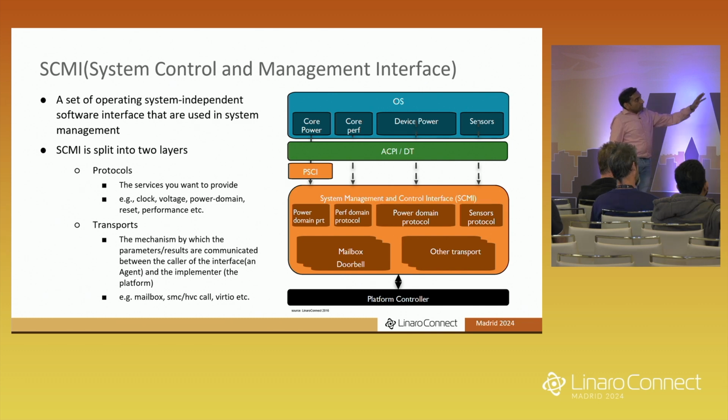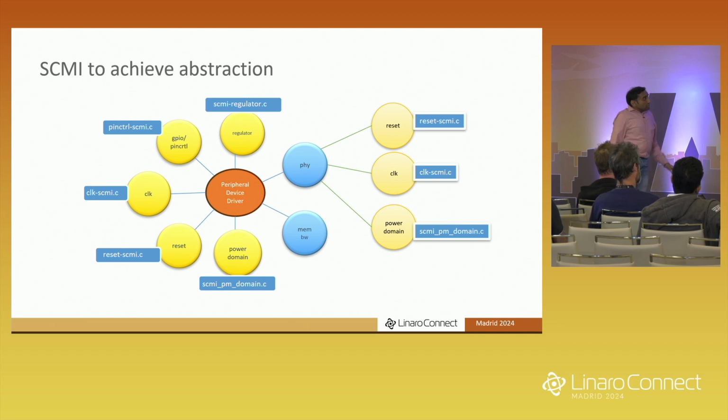And as shown in this picture, the platform controller and agent are using SCMI protocols and the transport for their communication. Now there could be different implementations available. For example, on the Juno board, the platform controller runs in the SCP, system control processor, while the agent runs in the application processor. In a virtual world, the platform controller can run in one VM, while the agent can run in another VM. So we can use SCMI to achieve the resource abstraction, and this figure shows all the drivers that are